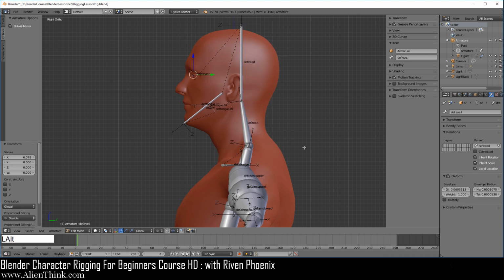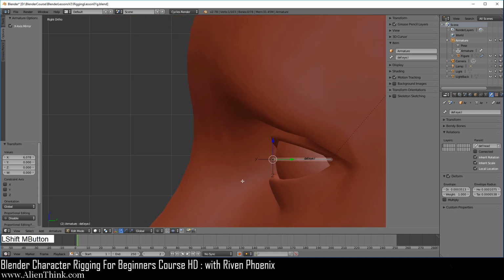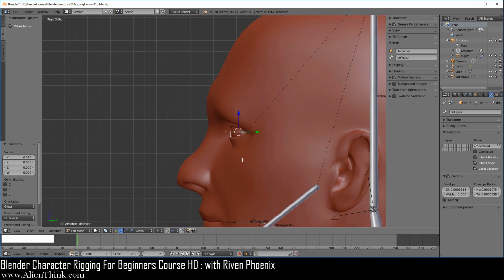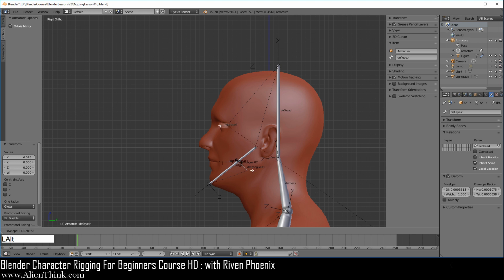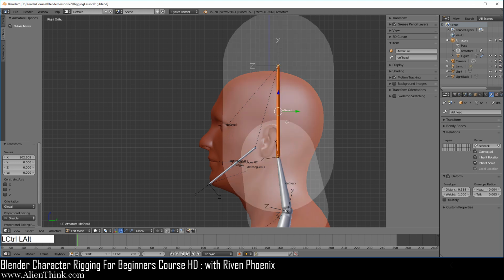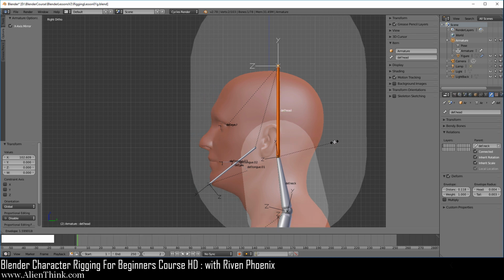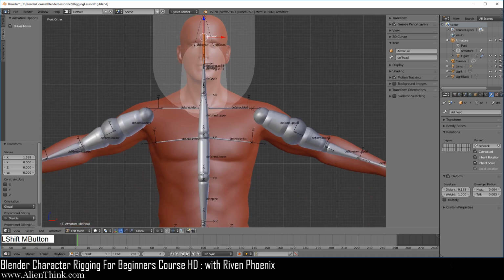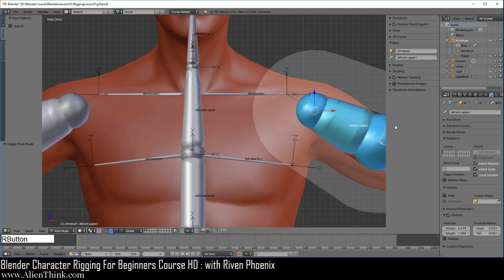So we can try to capture this on the eye over here. Do Control Alt S. We're going to have to increase this quite a bit over here to actually even capture this area. Okay. Actually, for this one, Control Alt S, we can increase it all the way over here. Okay. So anyways, the point here is that now when you go to pose mode and click on this, again,